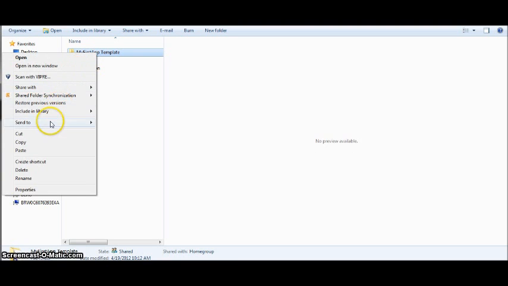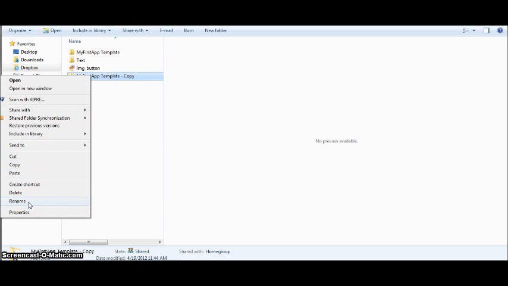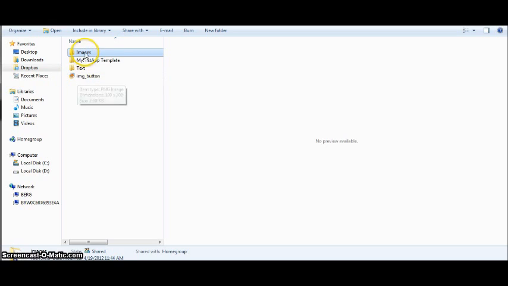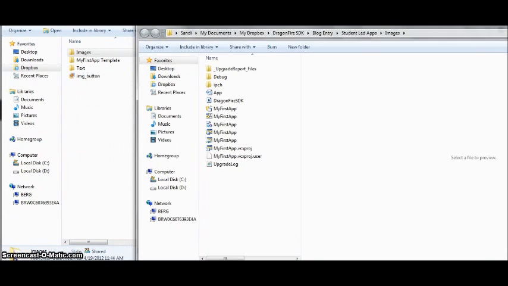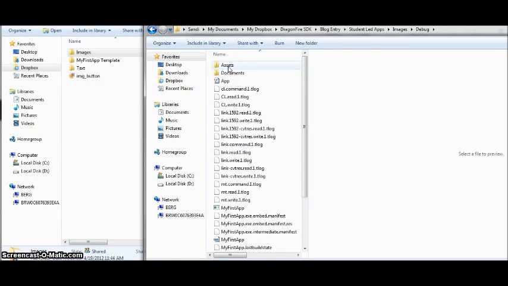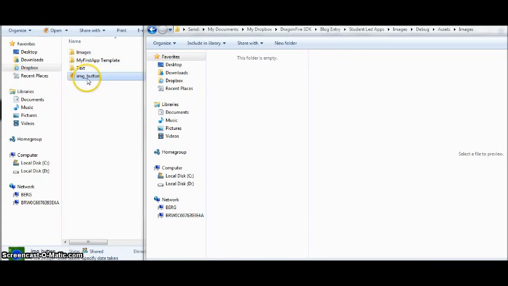So we're going to make a duplicate of the template folder. So we'll right-click on that, copy, right-click, and paste. And because we're doing images today, we're going to rename it Images. All right. Now, it's important that you put this image into the correct folder within your Images folder. So let's just open up the Images folder. We'll go into Debug, and we'll go into Assets, and then we'll open up Images. And then we'll just drag our image button